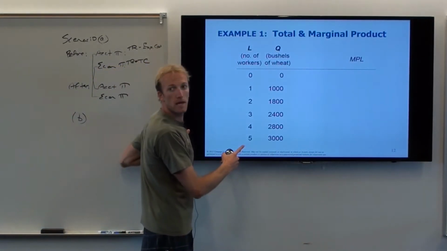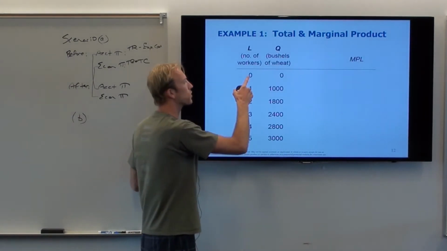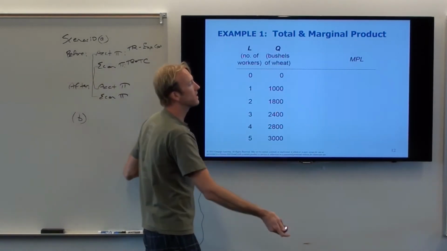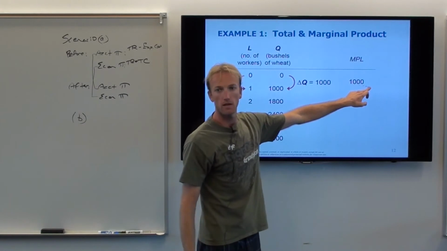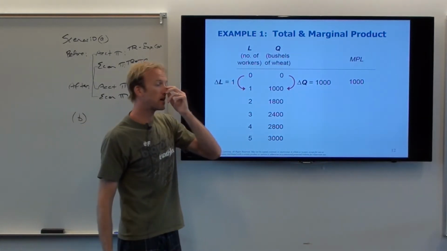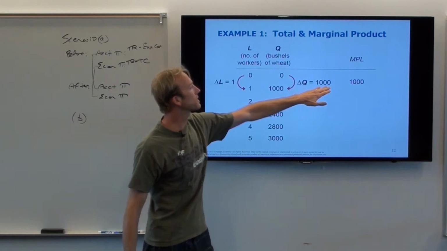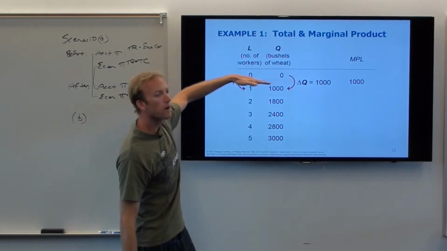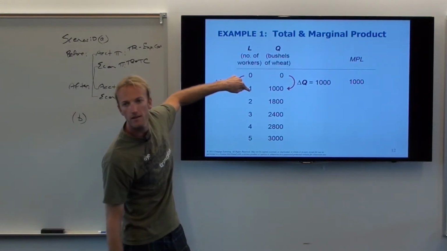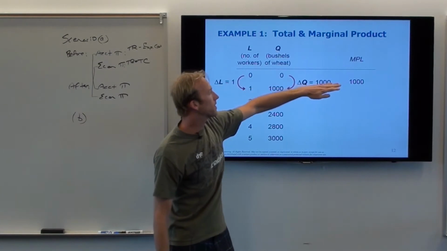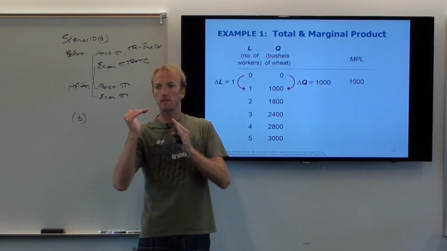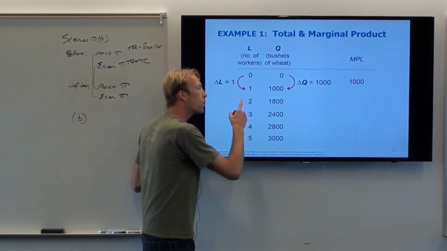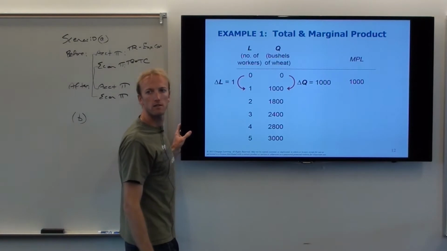So here's the original production function from the last slide. You remember that? Now, let's think this through. When I add one guy, what's his marginal product? 1,000. So I write it right here, 1,000. Just so you know, in this graph, I write the marginal product of labor in between. Why do I write it in between? Because it's in between 0 and 1 guy. This marginal product of labor is always going to be in between the two things. So going from guy 1 to guy 2, what's guy 2's marginal product?